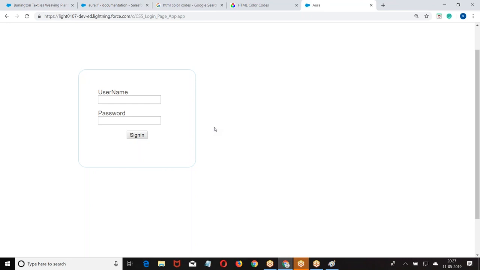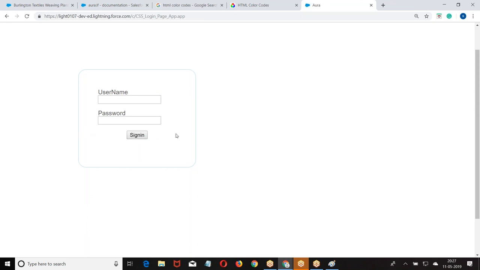Now the point here is, when I say center, it is taking the center of the complete element, because the padding is taken from here. Now I want this data to be centered, but right now it is taking the complete element to center. I don't want the complete element.